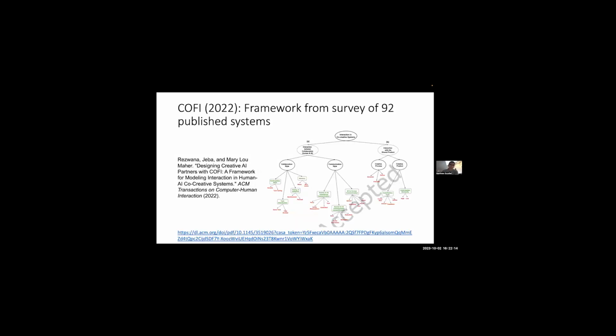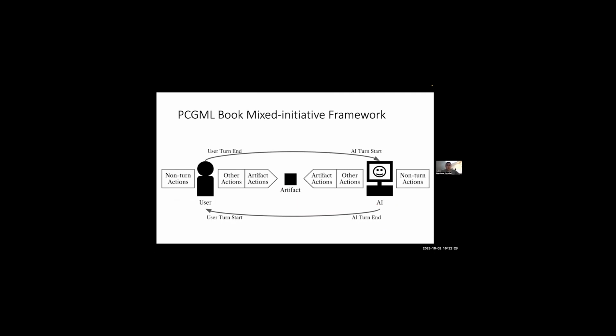I'm not going to go over this in detail, but fairly recently there were a couple of these big survey paper frameworks, this one and then Kofi, attempting to map out this space. This was just last year: let's look at all of these mixed initiative things and try to figure out what's the space of possible mixed initiative things. So with that, this leads us to the approach that we used in the book, which is based on a different CHI extended abstract, on trying to map out how we do mixed initiative PCGML.